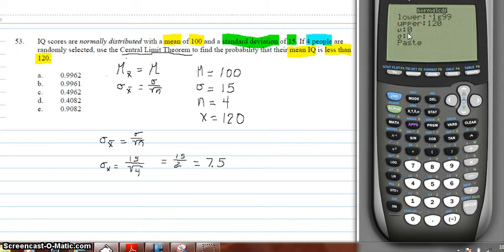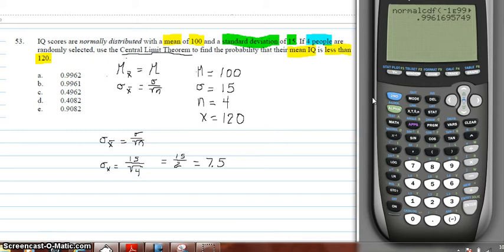The mean was 100. Now, we're looking for sigma here. Remember, we wanted the central limit theorem, so this is where the 7.5 comes into play. This is where we need to enter 7.5. Go down to paste, enter, enter again, and we have an answer of